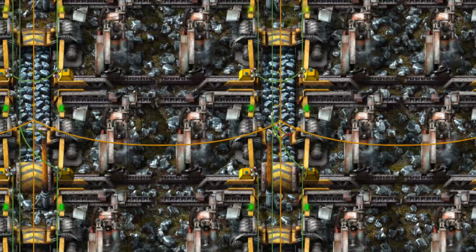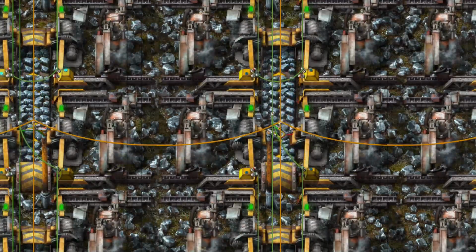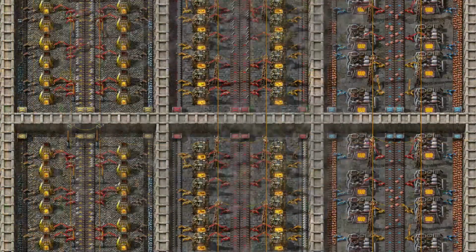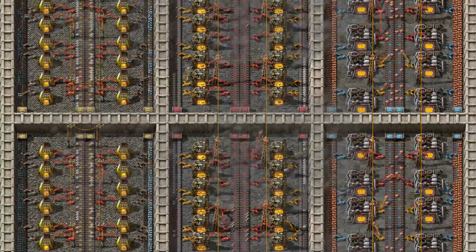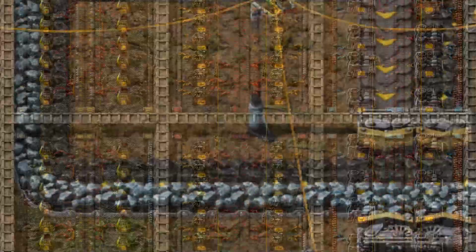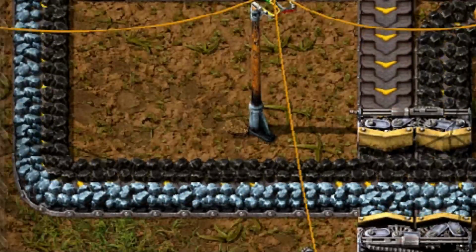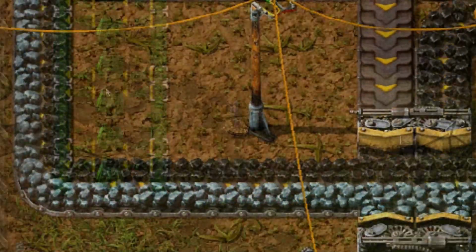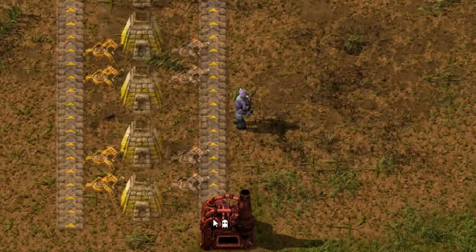Mining and smelting ore is the first and most important thing that a factory needs to do, so today I'm going to be designing a set of modular smelter cells. These cells are going to be designed with transport belt capacity in mind to keep the layout planning process as quick and painless as possible, and they'll be configured in such a way that they can be easily upgraded as